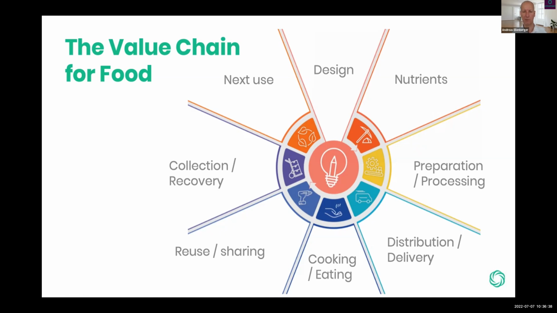So how is it transported, with which equipment is it processed? That's where you may find some ways. Then the whole distribution and delivery, how does it get to the places where it will be eaten and where it will be cooked? Maybe there's some final cooking and eating. That's the consumption, so that's the use phase. How can you improve that so that there's less waste, for example, when